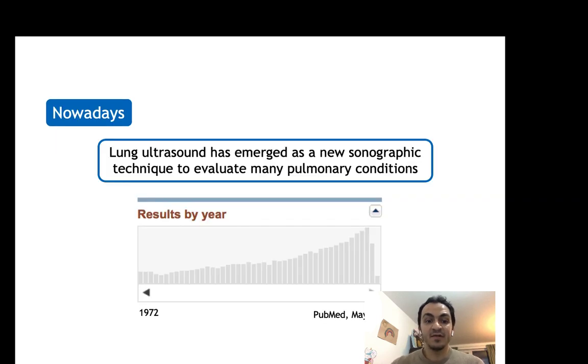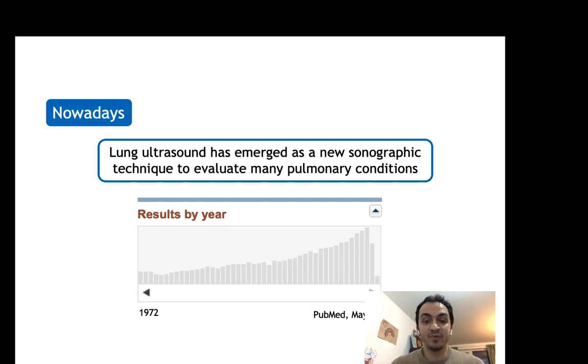And since the 1970s, when you do a simple search on PubMed, quoting lung ultrasound as your key search word, you will see the exponential increase in the number of studies, which includes the utilization of lung ultrasound to